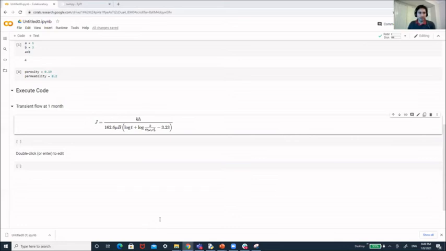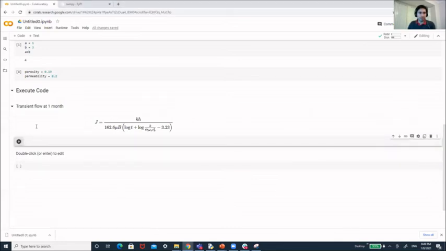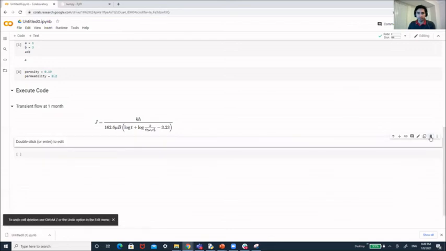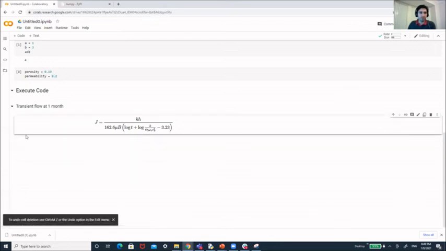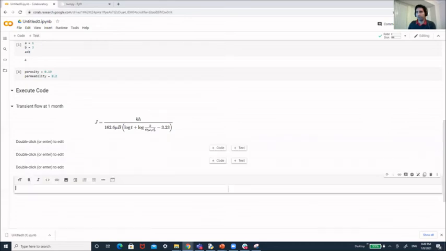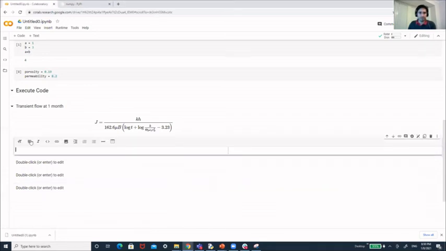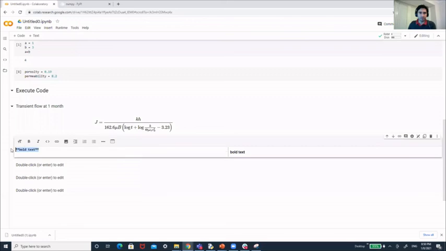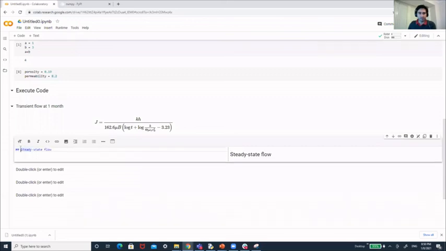So I'm going to write a couple of questions here. Probably I'm going to leave those to you to figure out how to do it. The first one is transient flow. The second one is steady state flow.